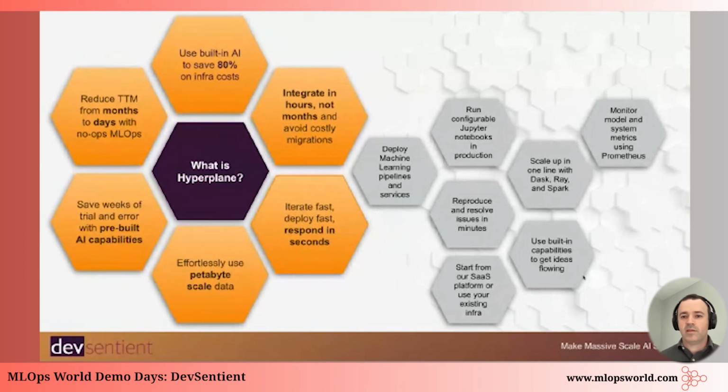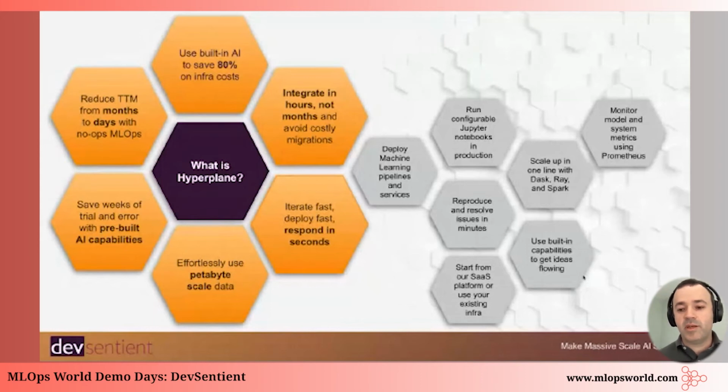The very first thing that scientists notice when they start using Hyperplane is how easy it is to scale their work. Typically, a data scientist would develop a solution or a proof of concept on top of a sample data set that they've pulled to their local environment, or potentially a cloud environment where they operate. And they'll usually restrict themselves for two reasons. One is that pulling a lot of data is hard, potentially expensive, and requires approvals. The second reason is they're limited by the infrastructure that they're on.